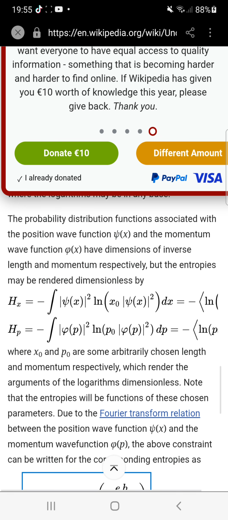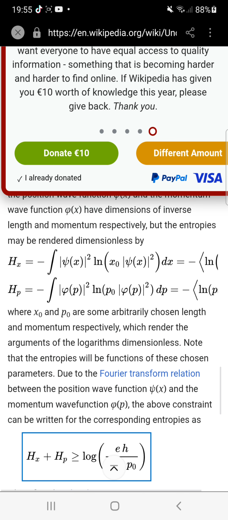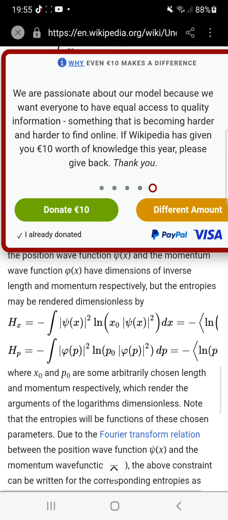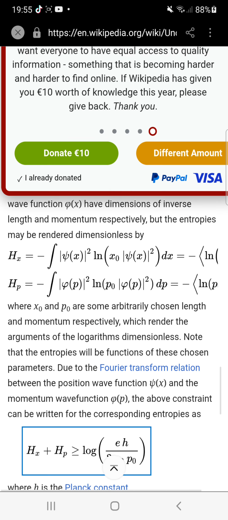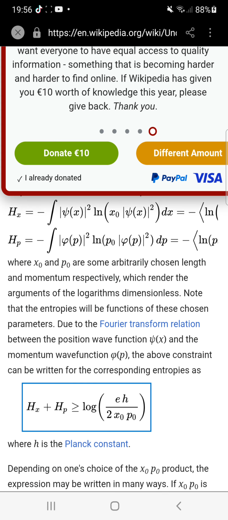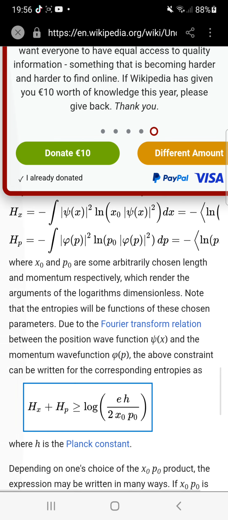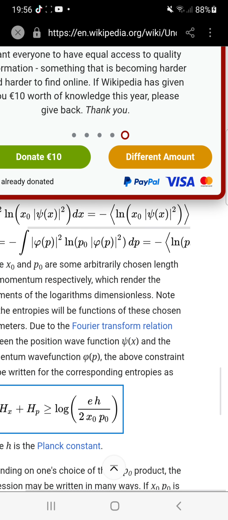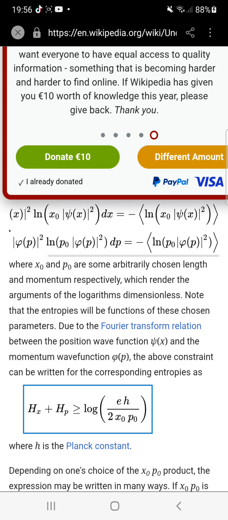The probability distribution functions associated with the position wave function psi(x) and the momentum wave function phi(p) have dimensions of inverse length and inverse momentum respectively, but the entropies may be rendered dimensionless by H(x) equals minus the integral of psi(x) squared natural logarithm x0 psi(x) squared dx, and H(p) equals minus the integral of phi(p) squared natural logarithm p0 phi(p) squared dp,